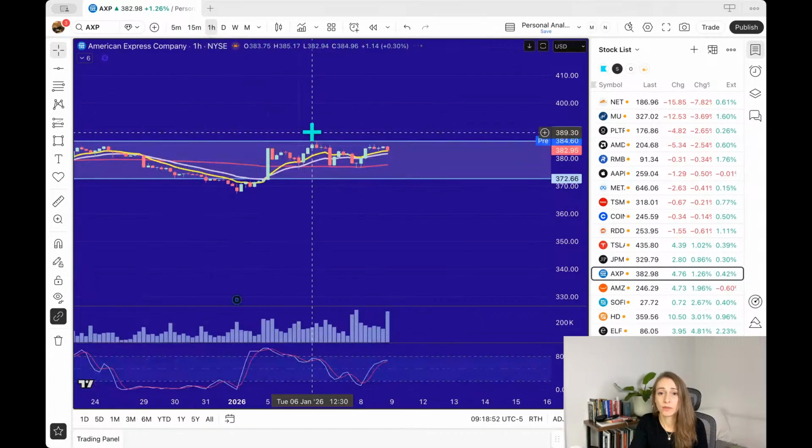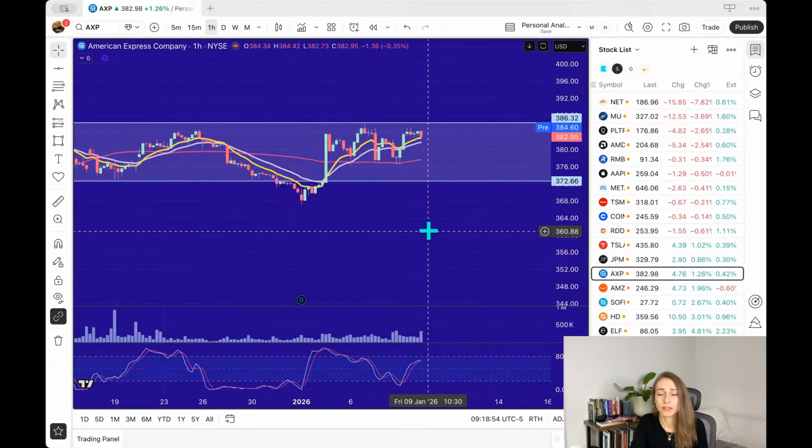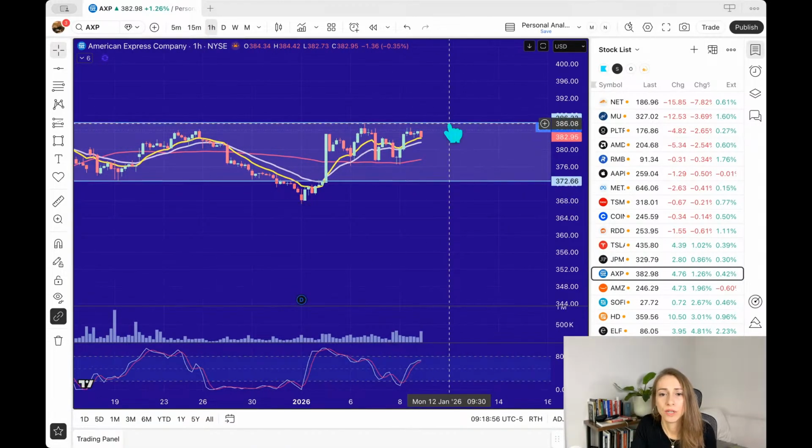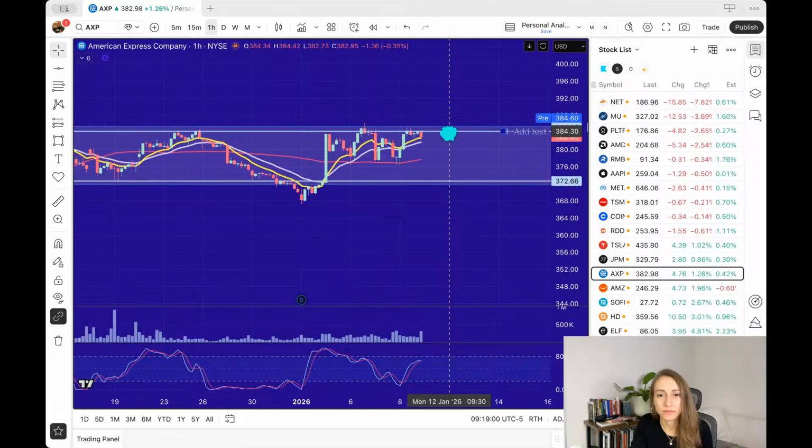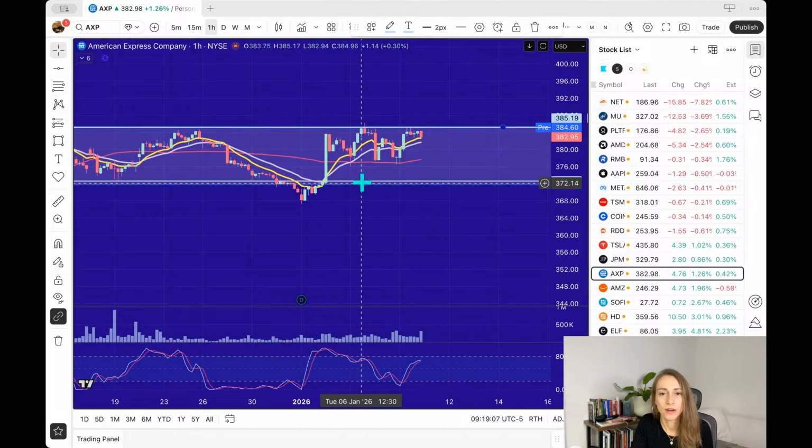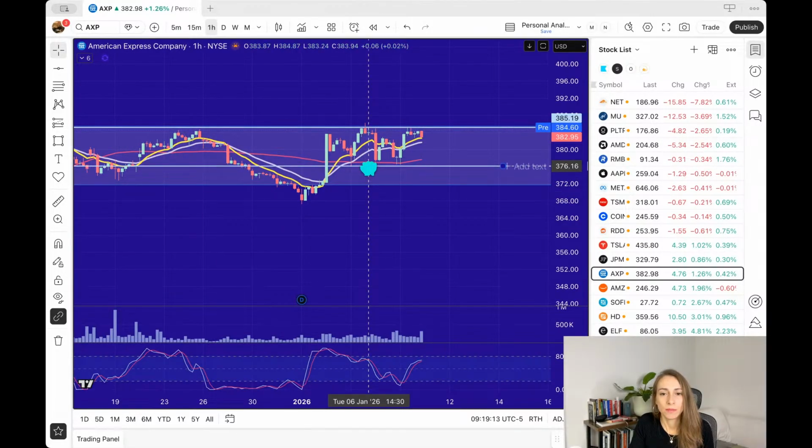Let's move to the hourly, which is the one I'm going to get back into trading before I eventually get back to the daily, but not right now. So I'm going to lower this line to here. Well, no, here. All right, so we got an outlier wick there, and then I'm going to go ahead and raise this bottom line.